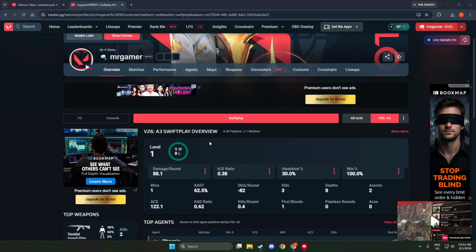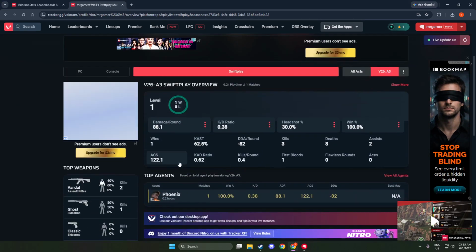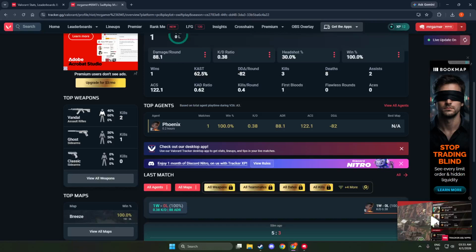After a brief moment, Tracker Network will create or refresh your profile page for the selected game. If you don't see everything right away, give it a little time. Initial updates can take a moment as data syncs. Once it appears, your profile is publicly viewable, searchable, and ready to share with your team or community.